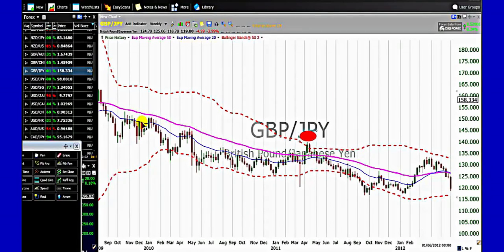We want the exponential moving average 20, which is the blue line here, to be below the declining exponential moving average 50, which is the pink one here. So we want to pay attention to the slope of the exponential moving average 50, and we want the 20 to be below the 50. When the 20 is below the 50, the 50 is sloping down, and, the third condition, the price rallies up to the upper end of the Bollinger Band 50 volatility 2, we will look for an opportunity